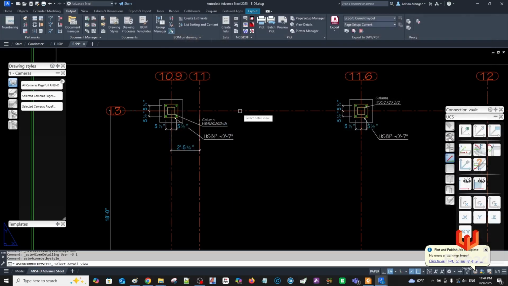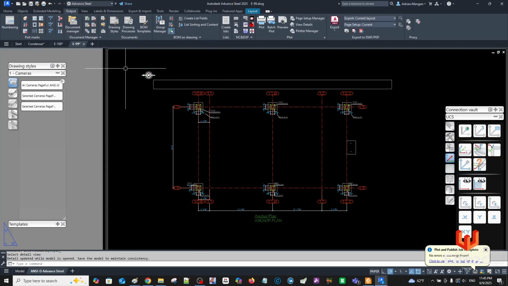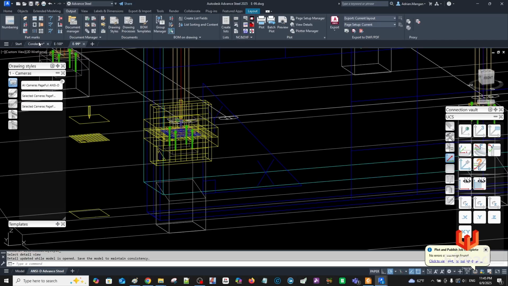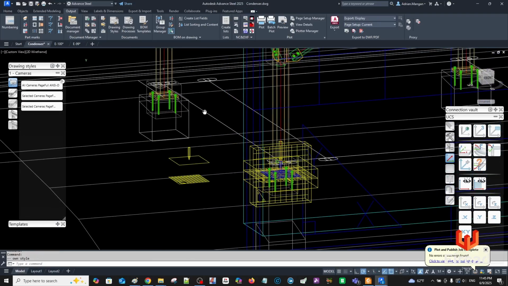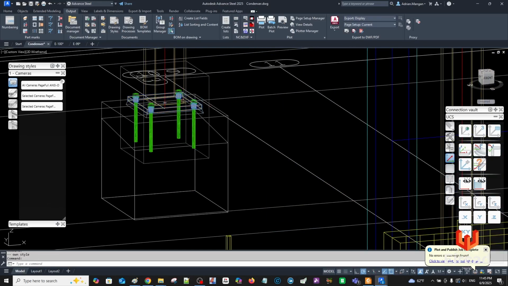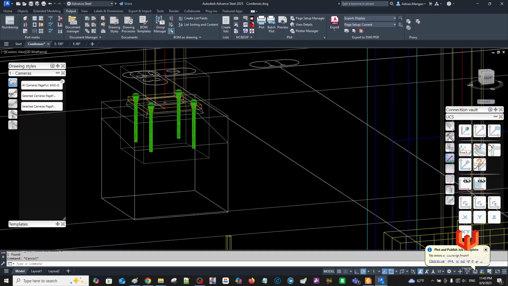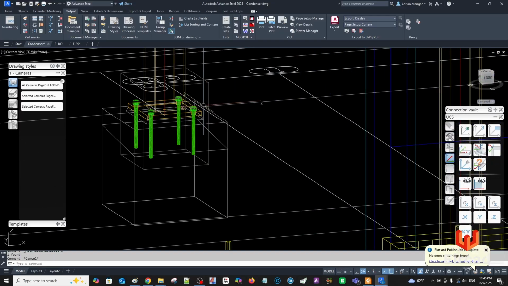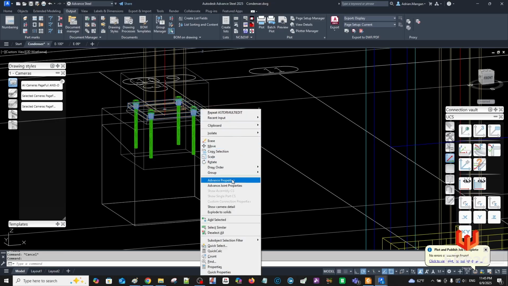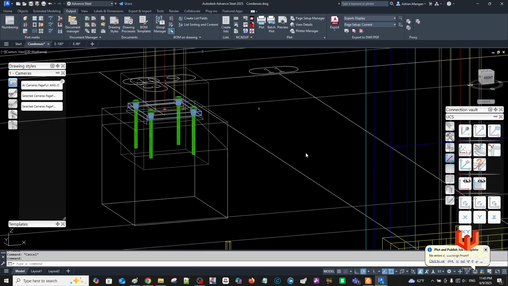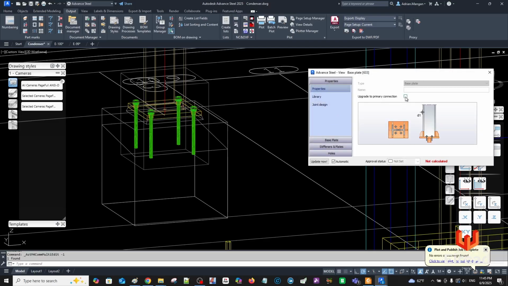Let's use this, see what happens. Bottom of plate. So right now there is no type in here, I guess. There should have been. Let me see. Oh, there is a type, sorry, but I forgot. Let me. No, it should have come in, yeah. So upgrade the primary connection, and